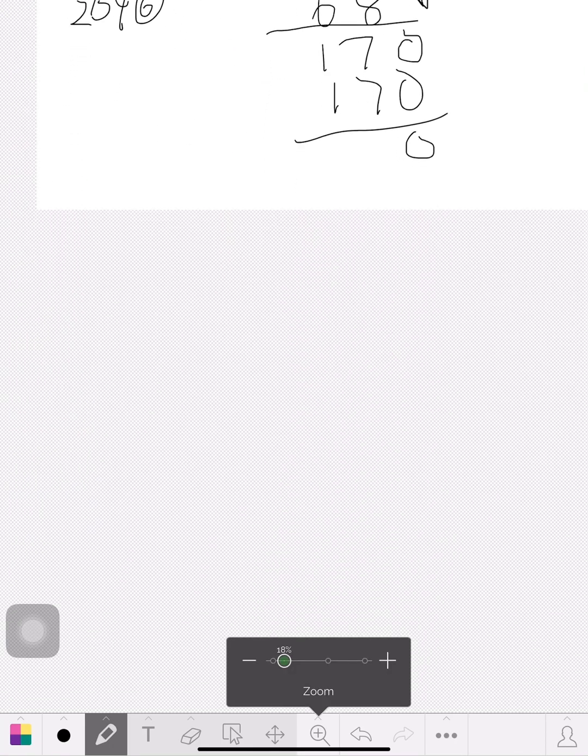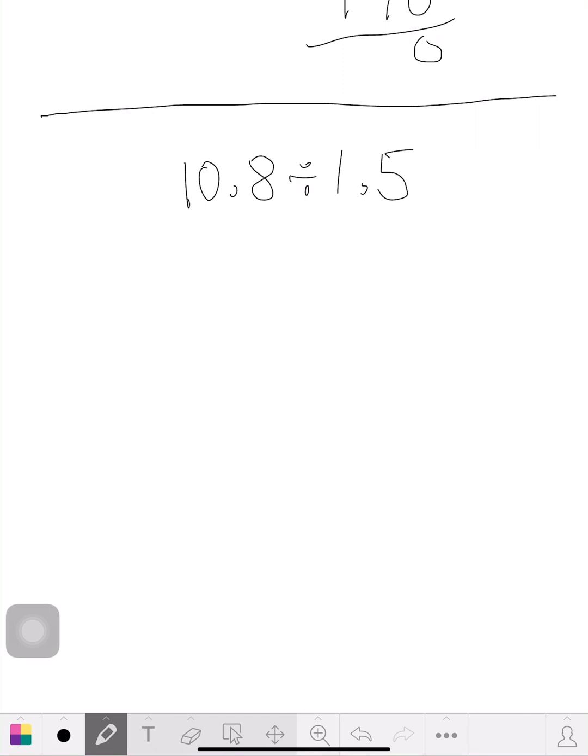Let's do another one. Let's push this up. Okay, the next one, I'm going to draw a line to separate them. Okay, so we got 10.8 divided by 1.5. So let's set this up like we did before. So we set it up 1.5, the division line,